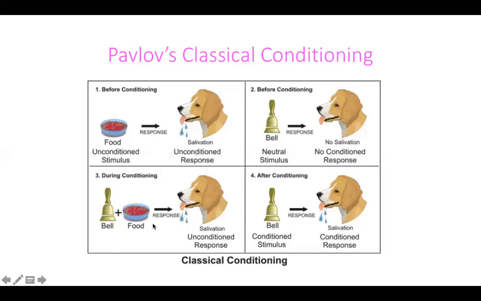Now, one thing I want to mention, because I know from experience that sometimes people get a little mixed up and they think that the food is a reward for the dog, but that's not what's happening here. That's a different type of learning that we'll get into later. What's happening is just that the bell means food. It's not a reward for the dog. It's just simply alerting the dog that it's time for his dinner. So this is called classical conditioning.